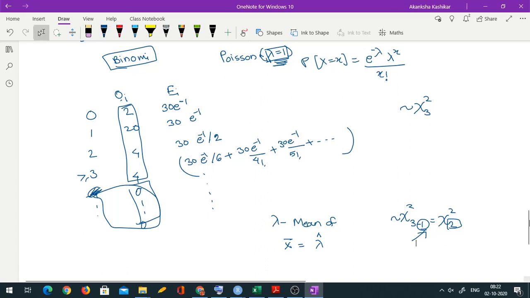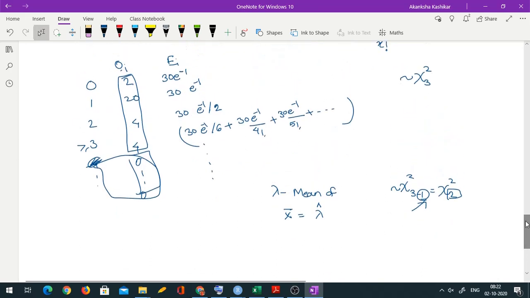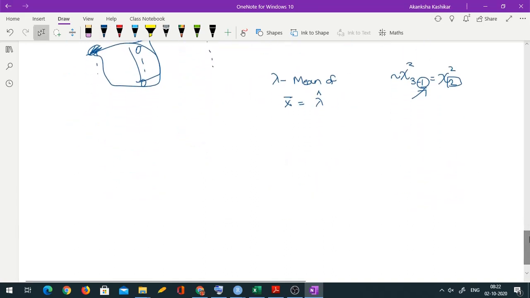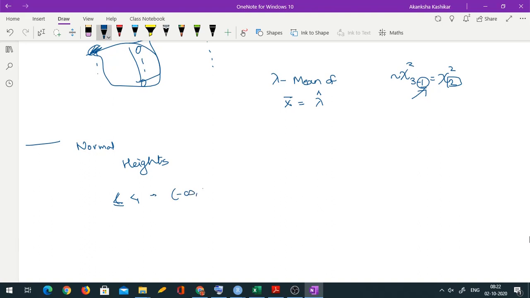Now you might be wondering that in the case of normal distribution, I am going to have continuous observations, so I may not have 0, 1, 2, 3 type of scenario. In Poisson it was discrete count data, so it was okay. So what we do in situations like normal or exponential distribution is we make classes. For example, I am studying the distribution of heights. Then I can make classes. Less than or equal to 4 feet is one class, which can be denoted as minus infinity to 4. Then 4 feet to 4.5 is another class, then 4.5 to 5 is another class, and so on. So I get such classes.